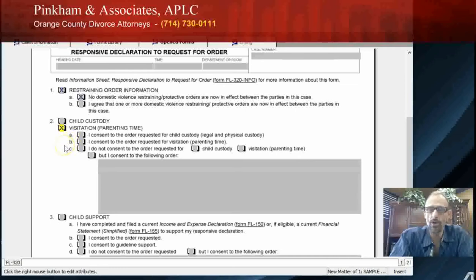If you agree to what they're asking for, you simply mark this box. I consent to the order requested for child custody in the RFO. If you consent to the visitation plan that is put forth in the other party's request for orders, then you mark this box. If you do not agree and you want something else than what they're asking for, or you don't agree to what they're asking for at all, put I do not consent to the order